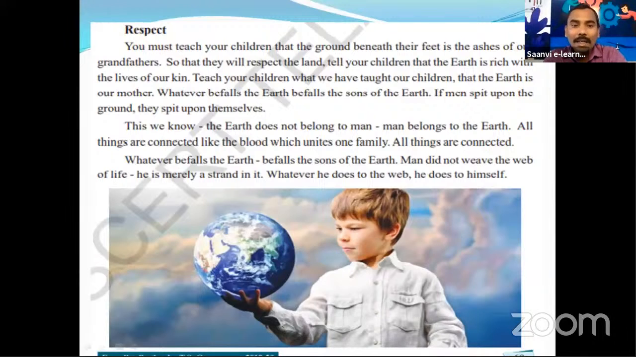All things are connected like the blood which unites one family. All things are connected. Even a black man, even a white man, even a Christian, Muslim, Hindus, in everybody's body, the color of the blood is red only, isn't it? So all things are connected like the blood which unites one family. All things are connected. Whatever befalls the earth,